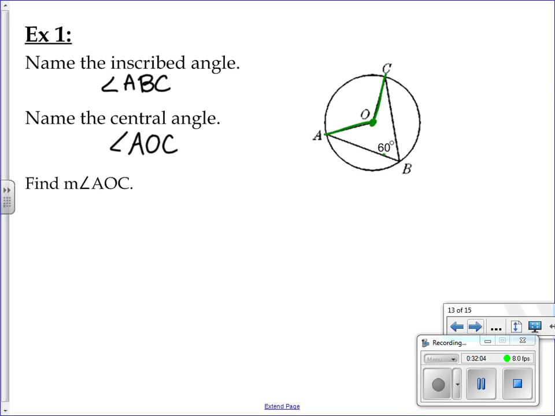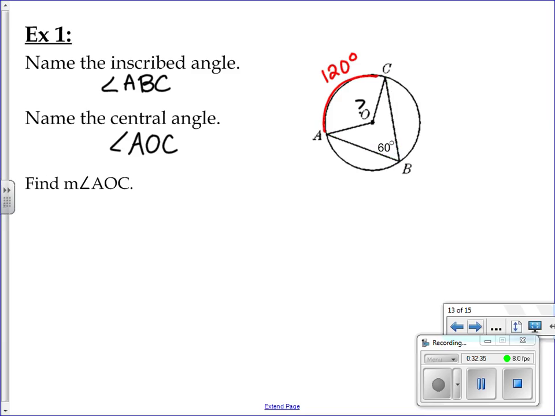Now we need to find the measure of this angle, AOC. Well, let's start with the inscribed angle, since they give us that angle 60. So if this angle is 60, let's talk about the arc that it's opening up to. Arc AC. If the angle is 60, how do you find the arc? You double it. So now that I know this arc is 120,